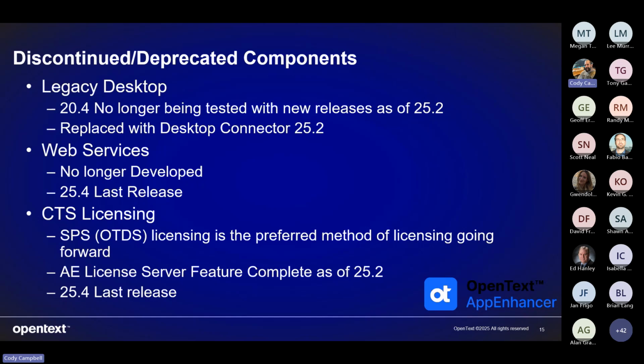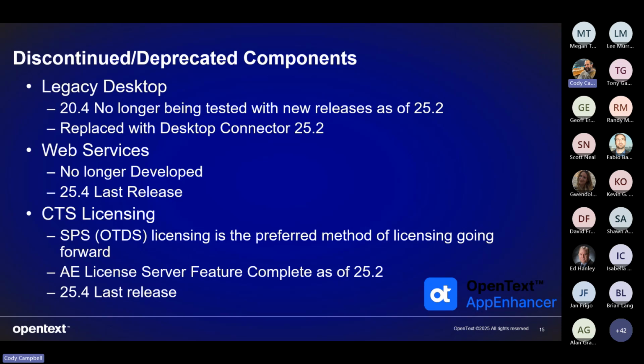And there are certain features that haven't been built back into it, because you have to pull the whole stack apart and rebuild the stack. And it's legacy in our opinion. It's not our modern service. And so rather than go back and try to build in OTDS capability and some of the SPS licensing capabilities and other stuff that's recently come out over the last couple of releases, there's no need to do this, and we don't want to maintain it, because again, we want to reduce the amount of legacy code we're trying to update so that we can get Fabio's team working on innovation.